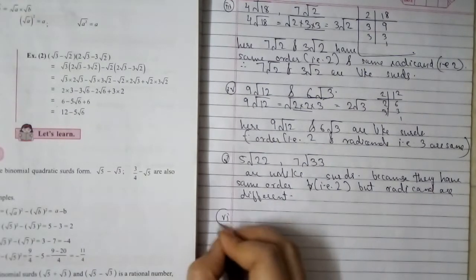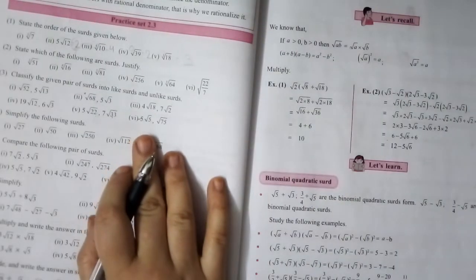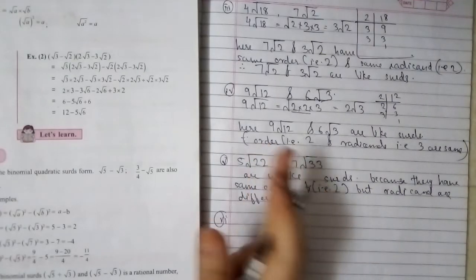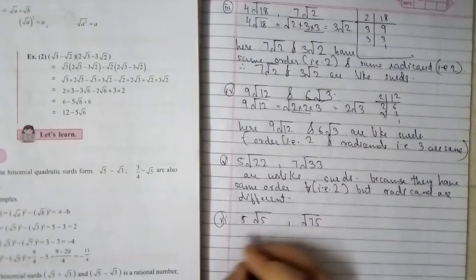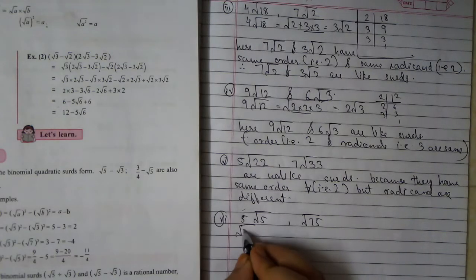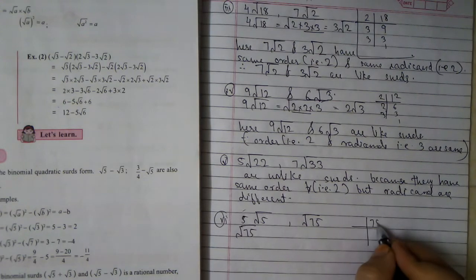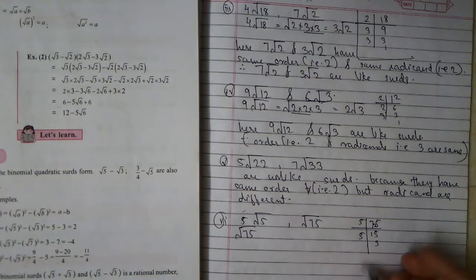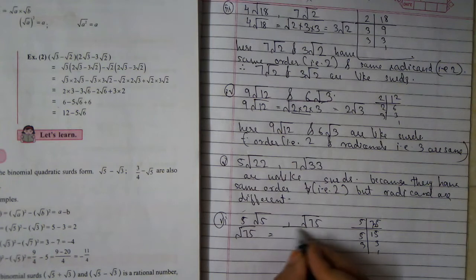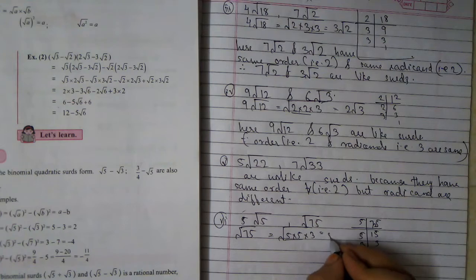All right. Now let's solve question number 6. Question number 6 is 5 root 5 and root 75. This cannot be factorized, so let's factorize 75. 5 ones are 5, remaining 2, 5 5s are 25, then 5 3s are 15, 3 1s are 3. So the factorization becomes 5 times 5 times 3. That means the similar pair comes outside: 5 root 3.